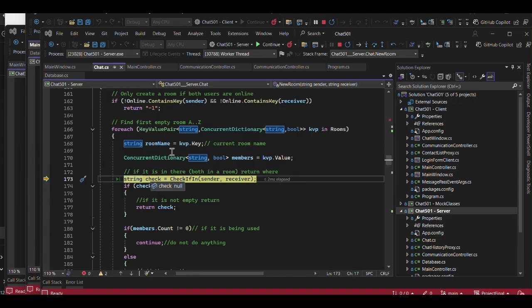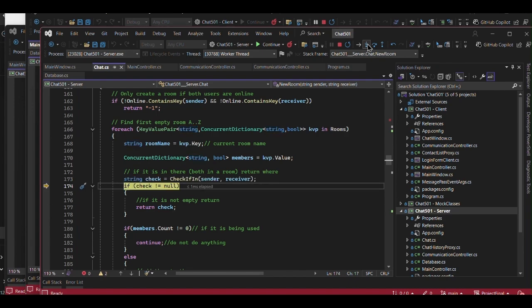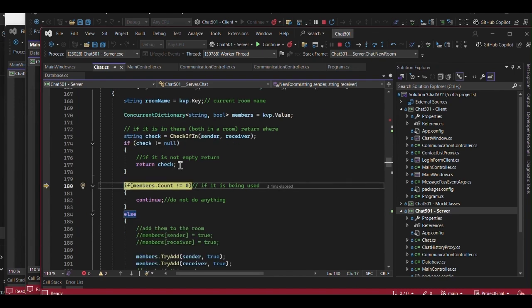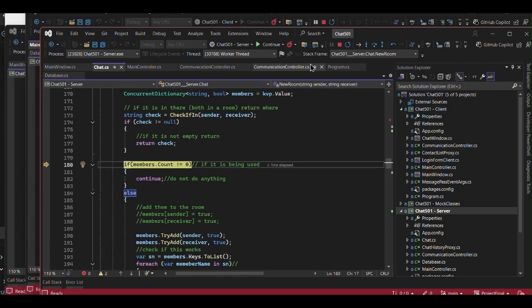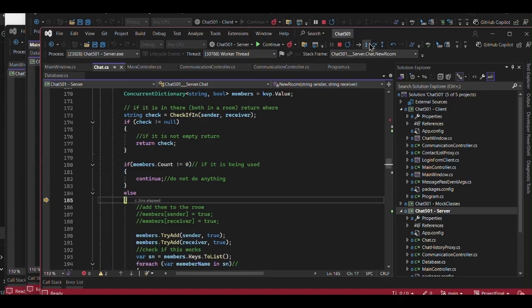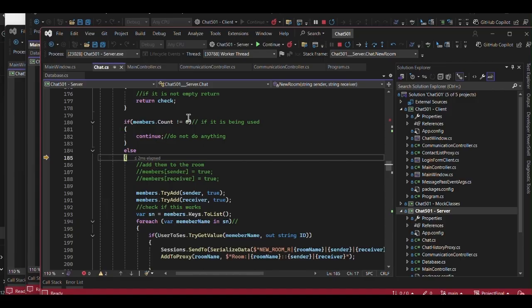After we return null because there's nothing, they're not in a room currently. So then we check if it's null. And if it's not null, then we would just return that specific room that they're currently in, and it would bring up that room. But since they're not in our current place, we don't have any members currently in the room that we're in,